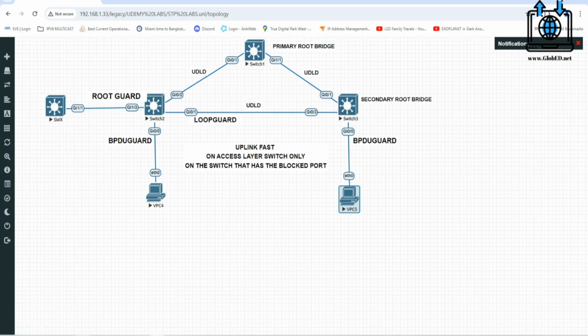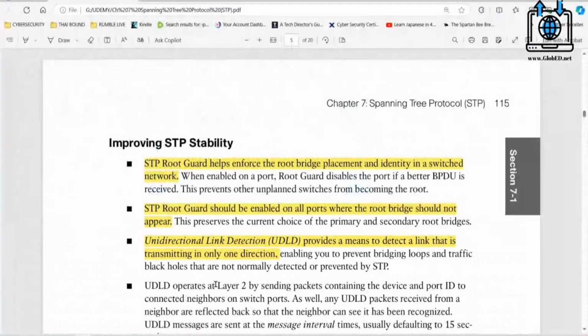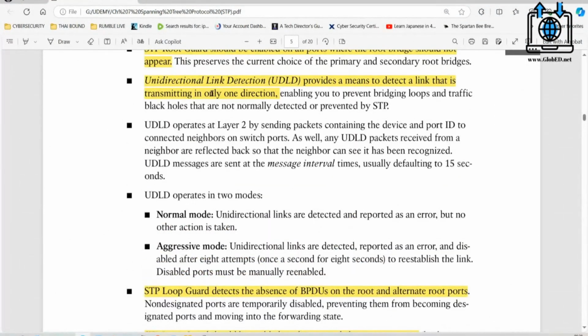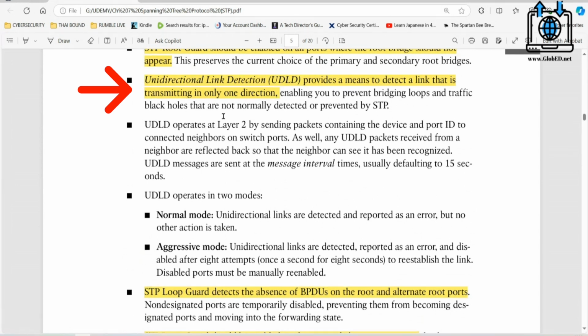Let's go into the PDF that I have. UDLD, unidirectional link detection, provides a means to detect a link that is transmitting in one direction, enabling you to prevent bridging loops and traffic black holes that are not normally detected or prevented by STP. It works in two modes: normal mode and aggressive mode.